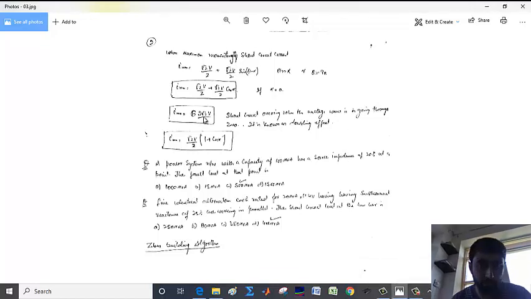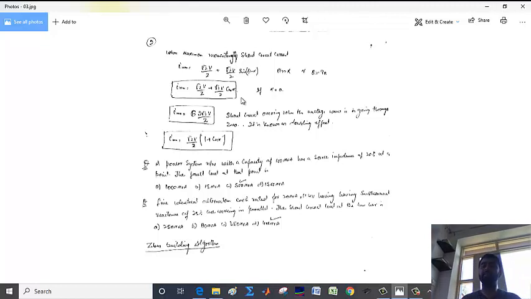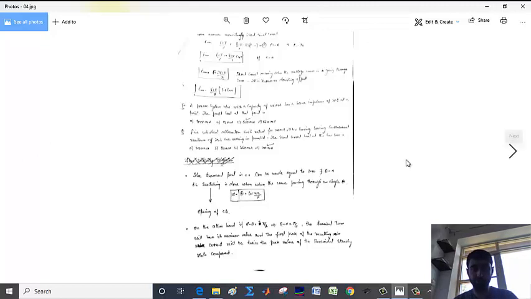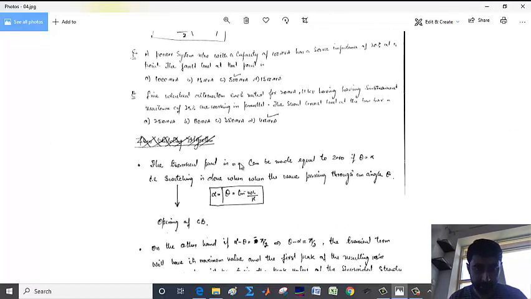So its value is equal to 2 root 2 V by Z. That means when alpha is equal to 0. Alpha 0 means when the voltage wave is going to 0, our reference point is exactly the 0 of the voltage. So in that case, we can say short circuit occurs when the voltage is going through the 0. It is known as doubling effect. So I want to make some observations regarding this.